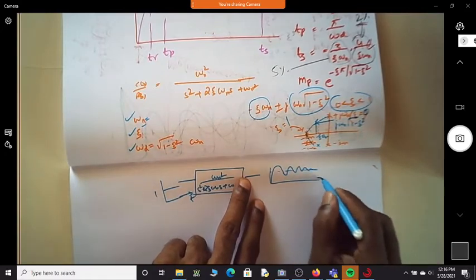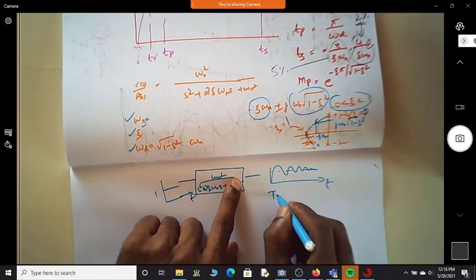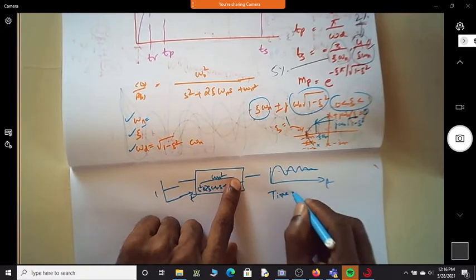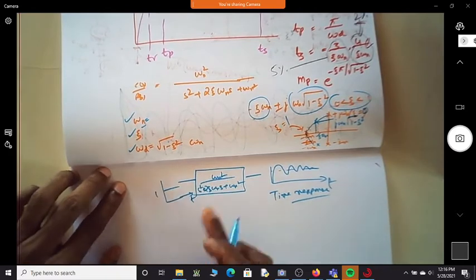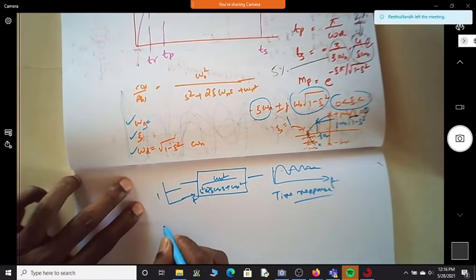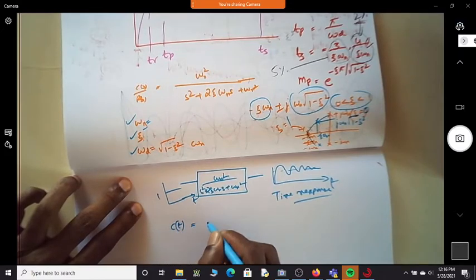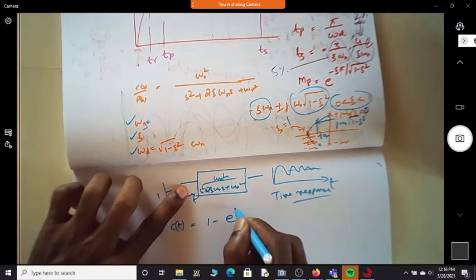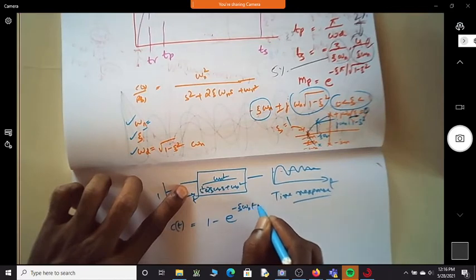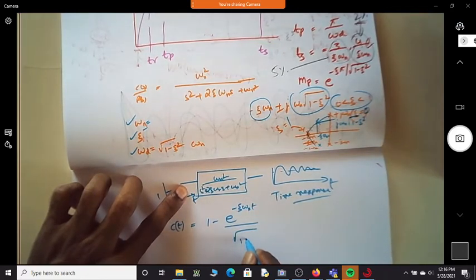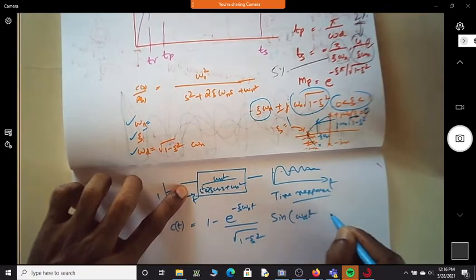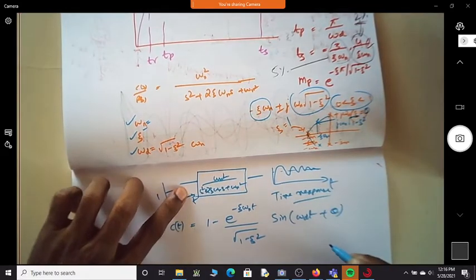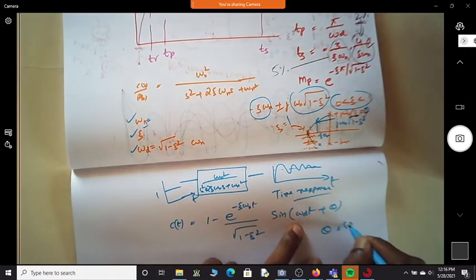So this is the response with respect to time. We call this the time response of a system, which is of second order. Then we wrote the expression for c(t) as equal to 1 minus e power minus zeta omega n t divided by square root of 1 minus zeta squared, times sine of omega d t plus theta,